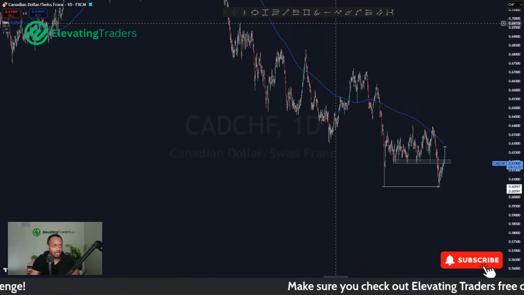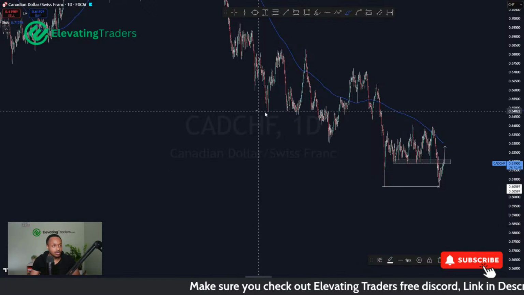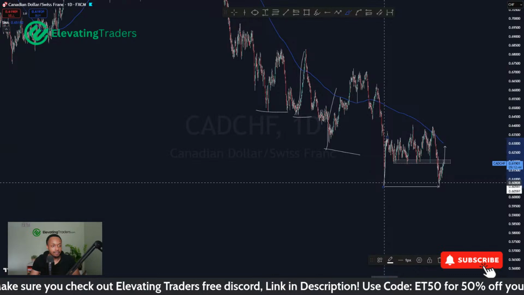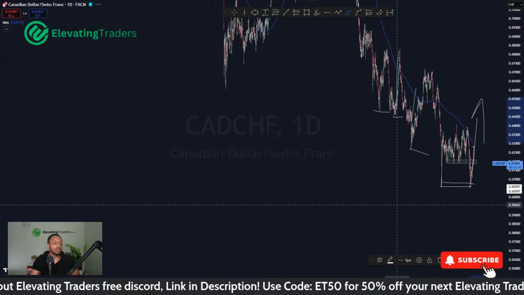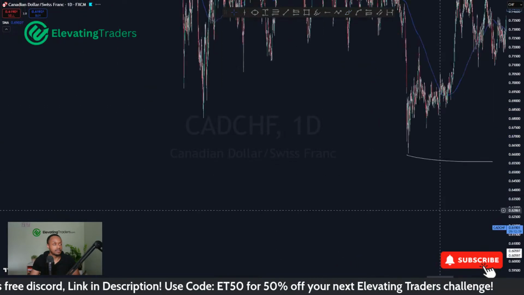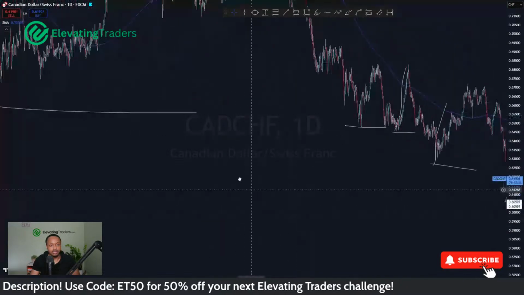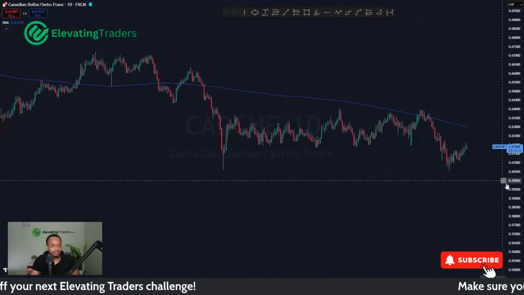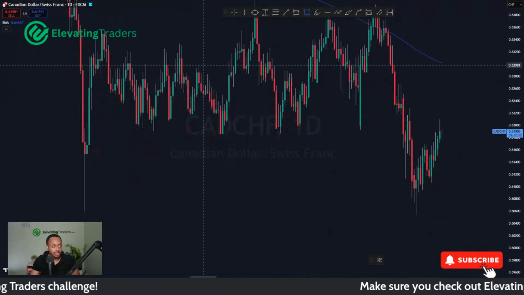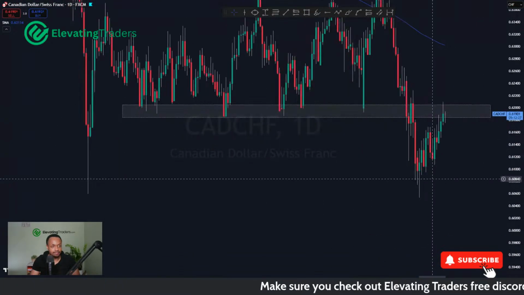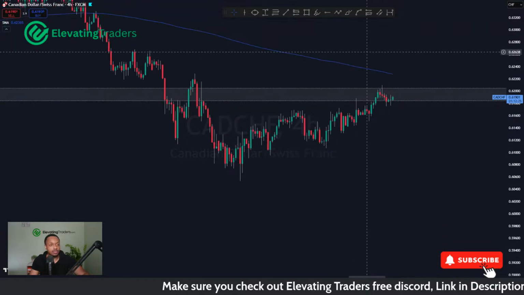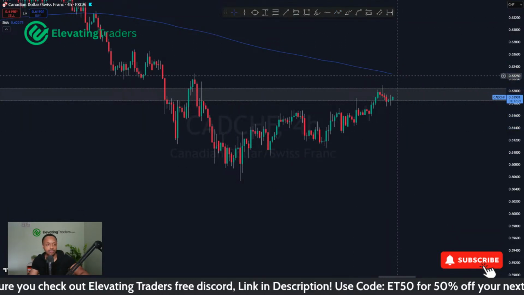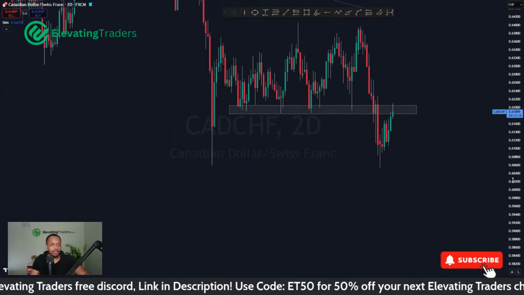Every time the market does make new all-time lows, it does kind of spike to the upside, as we can all see. So I do think we're due another one of these big moves, even back over there and back over there as well. So it's a pretty reoccurring pattern for CAD CHF, which is why I'm not really interested at all in selling from this level, because we might see a bit of a reaction, but I do think we'll eventually break through. So yeah, I think the bigger move will be to the upside.